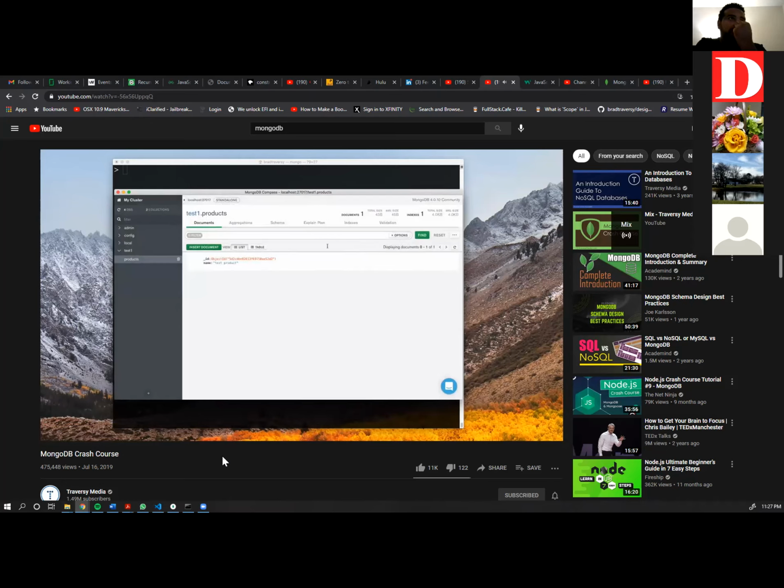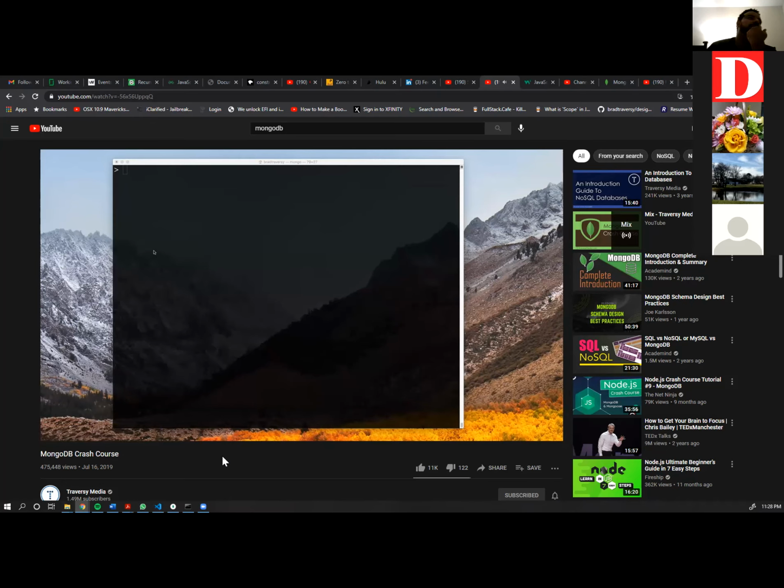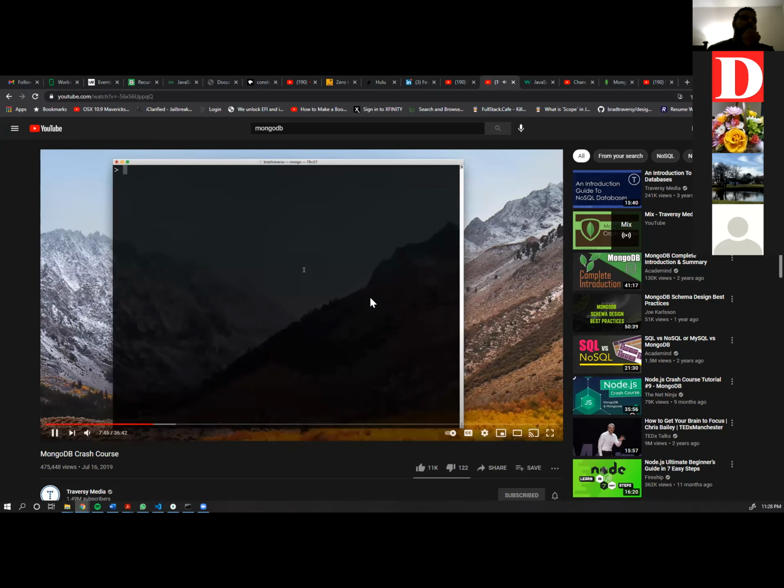All right, and I mean, you can use Compass if you want. I think it's good to kind of manage your database a little bit, but you really want to get comfortable with the shell and with the commands, the different methods to work with documents, and that's what we're going to do. So I'm going to go ahead and close up Compass and go back into my Mongo shell here. And first,